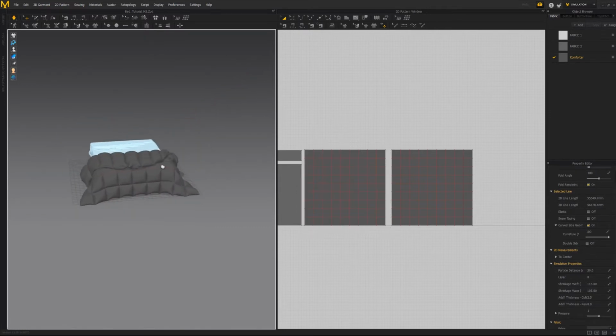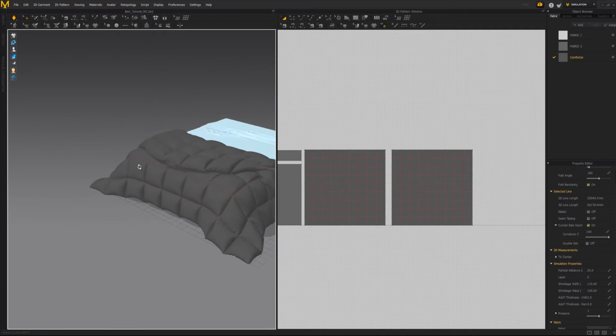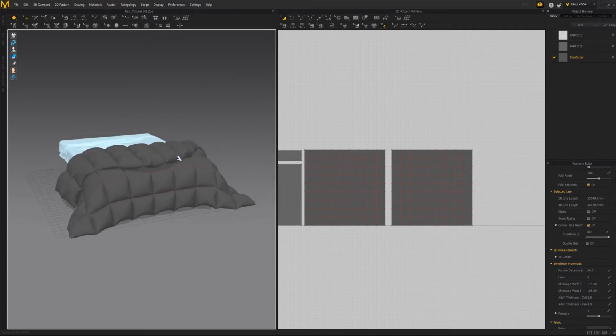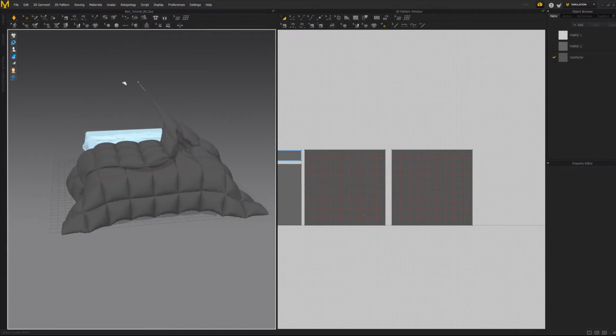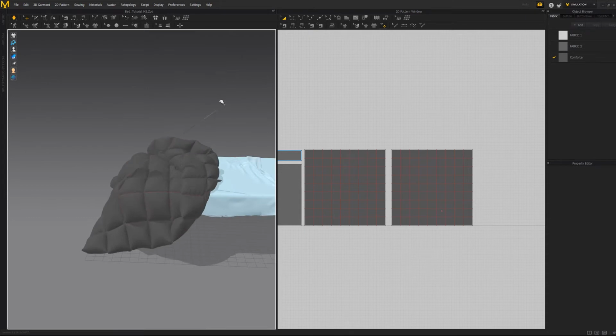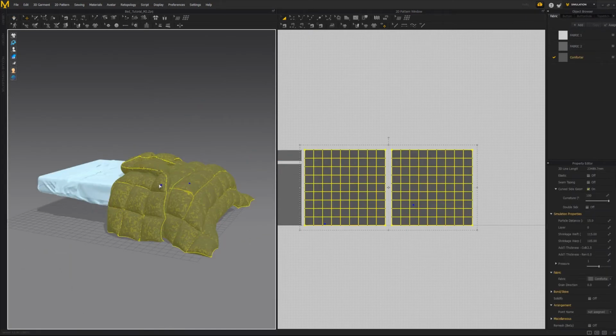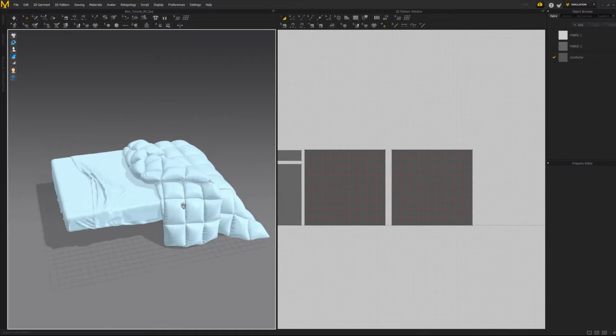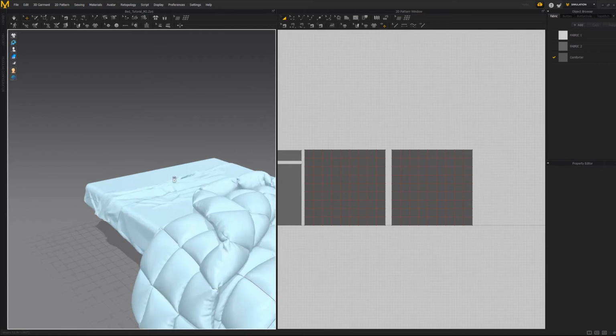It's not perfect, and that's what I like about it. We have this nice little fold happening here, and then it gives it a nice curve, and I think that looks pretty cool. Now we have this really cool fat comforter, and I like what it's doing, so I'm going to freeze it, which means that when I click simulate, nothing's gonna happen, and it's not going to compute it once we start